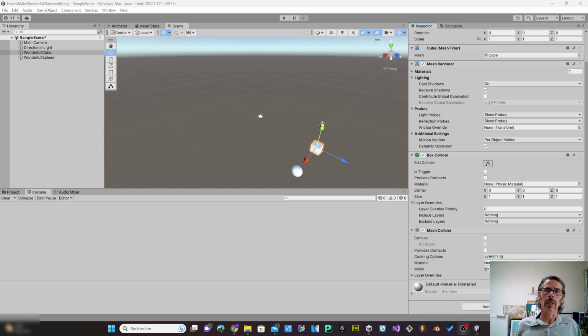So today I will show you how to erase a game object in Unity. Okay, so